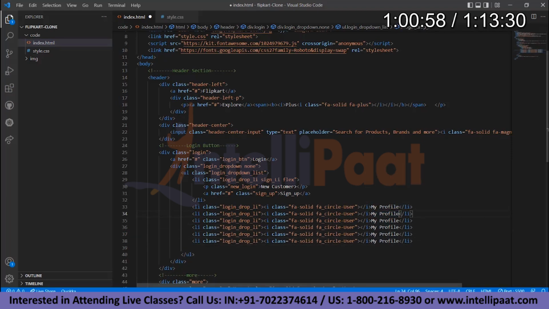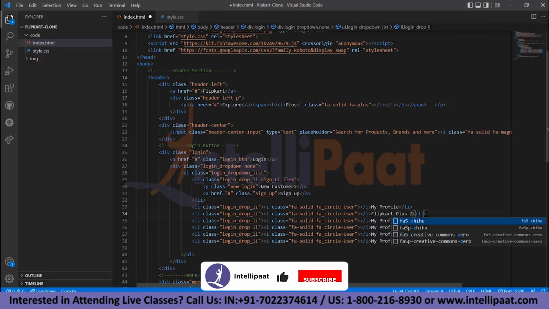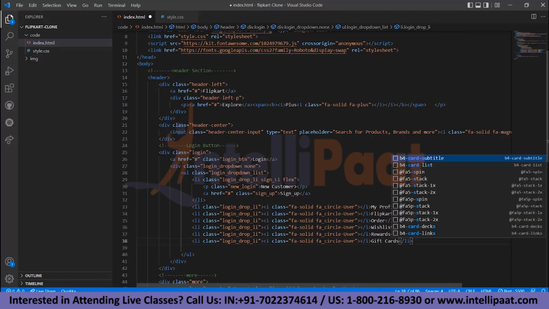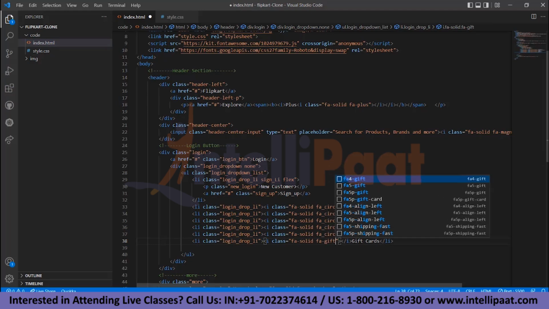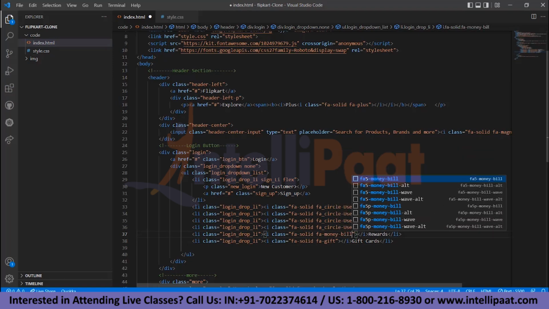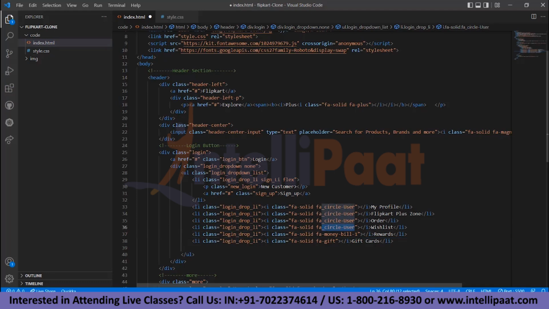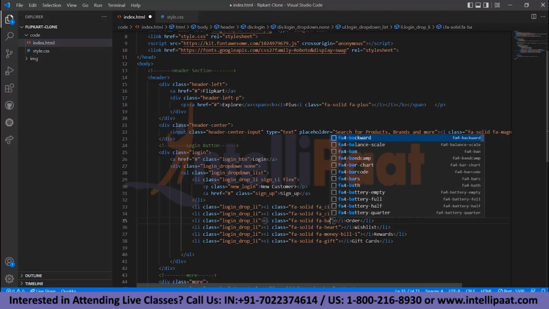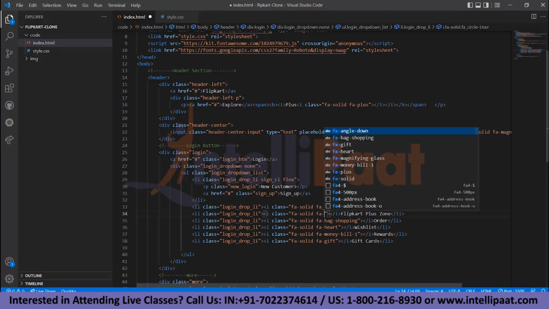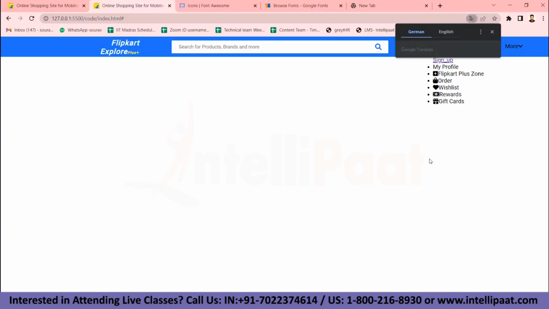Yeah. Just so here replace with Flipkart plus zone. Here orders, and here replace with wish list, and then gift cards. And now we have to just change the name of the class of icon for gift, for the gift card, and for the reward money bill 1, and for the wish list we have to give the name for dash heart, and for the order for dash cart dash, or we can also use for dash bag dash shopping, and for here we will use for square plus. So let's have a look. Yeah, now